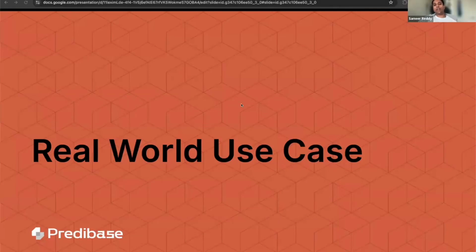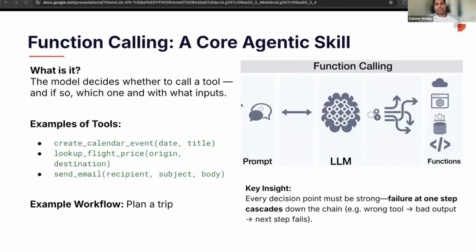A real world use case where we applied our RFT platform to get significantly better performance than much stronger models with a very small number of labeled examples. So the task we're talking about today is function calling, which is a core agentic skill. And the core skill that we're going to evaluate the model on is simply whether it can select the correct tool